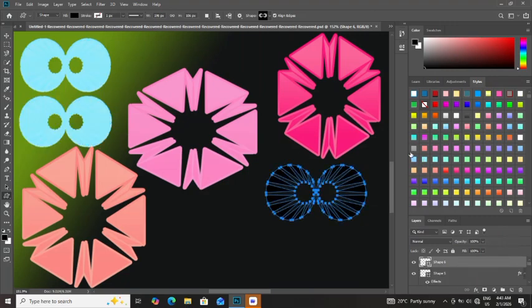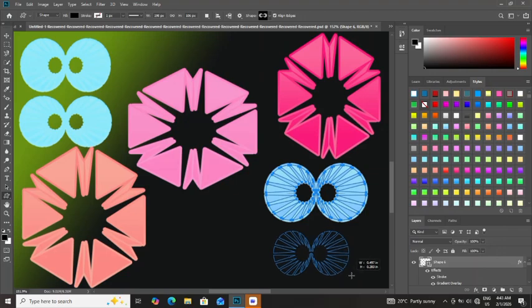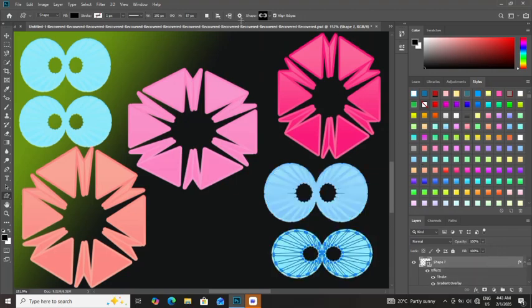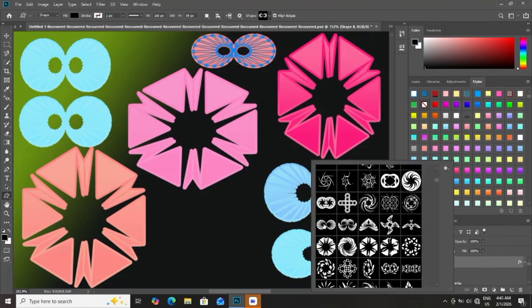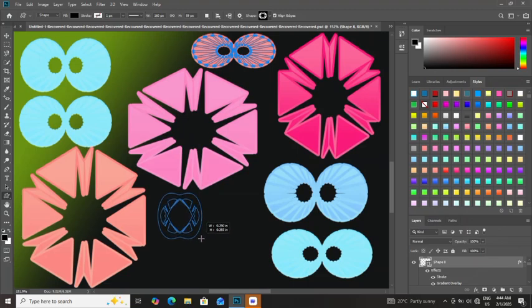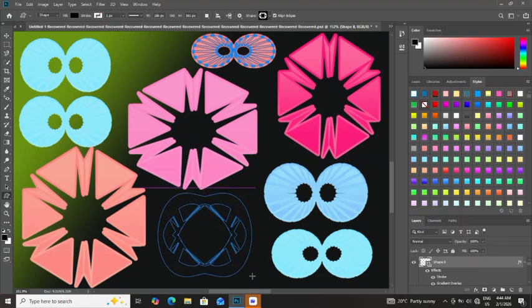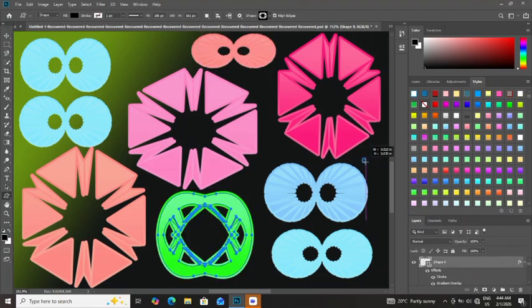Drag your photo into the frame. Photoshop automatically clips it to the irregular shape. Double-click inside the frame to adjust scale and positioning so important parts of the image are visible. You can duplicate the frame to create multiple irregular placeholders or combine shapes for complex layouts. Apply subtle layer adjustments like opacity, shadows, or gradient